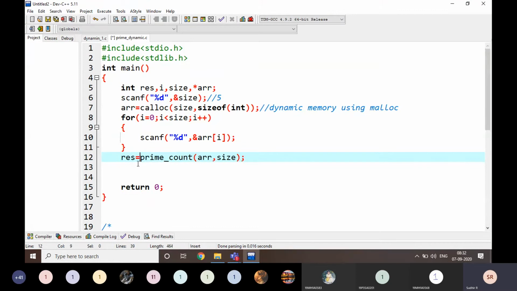And res is equal to, instead of that I am going to take here star res. Okay, I am going to pass this one is also some address.